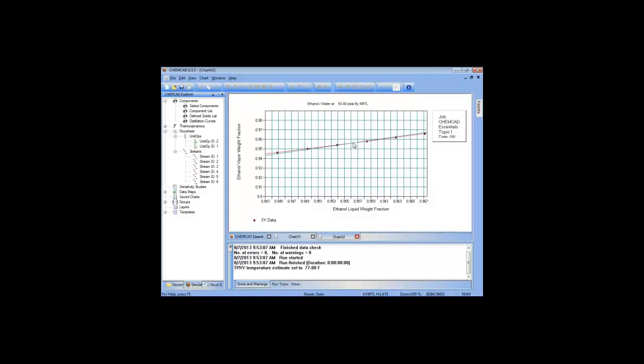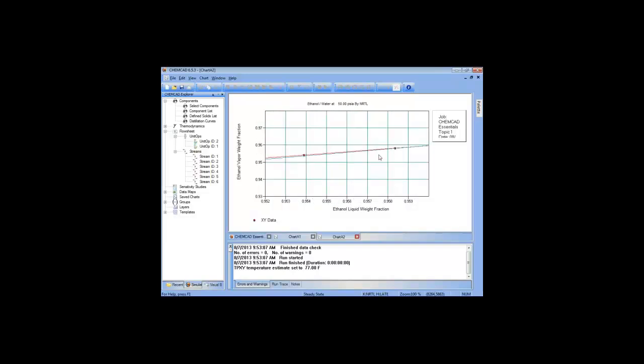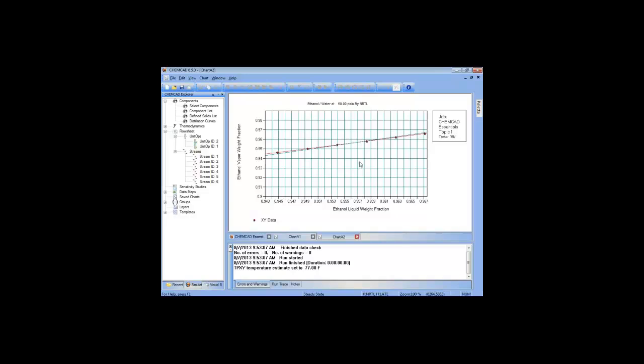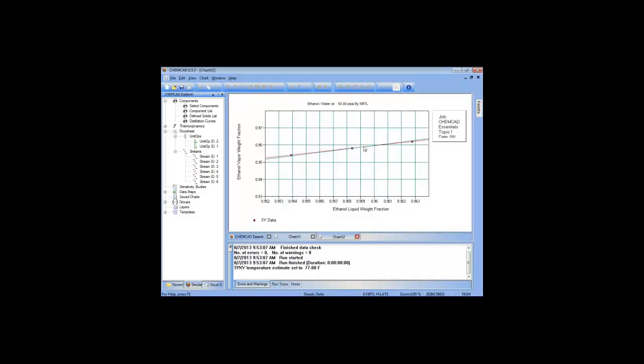Here or so, where we cross this line, is the azeotrope. We can zoom in a little more. I didn't quite get the right spot. It looks like it's over here. So I can zoom out. I zoom out by right-clicking. Zoom in again. So it looks like the azeotrope in theory is about